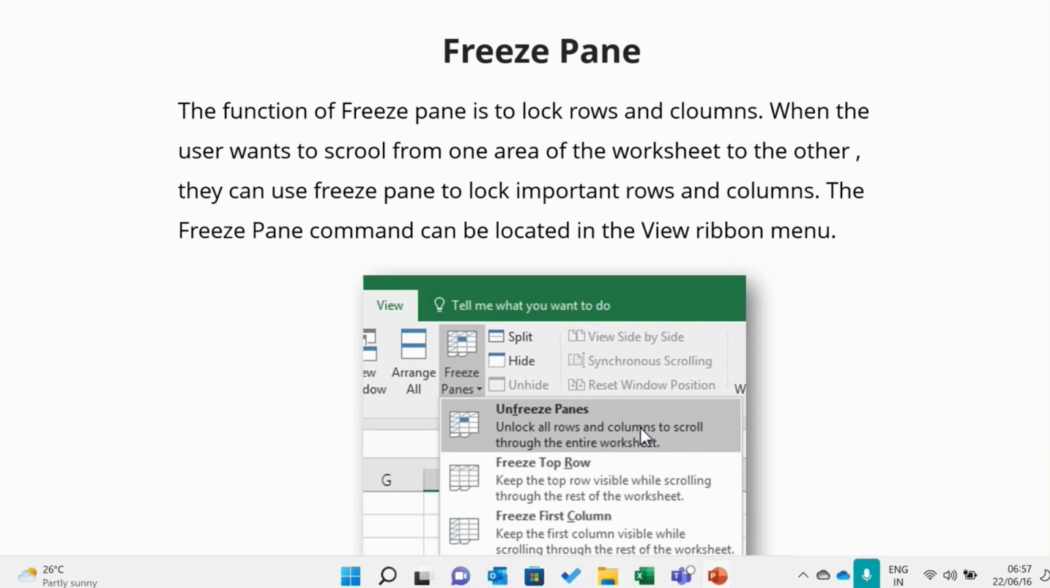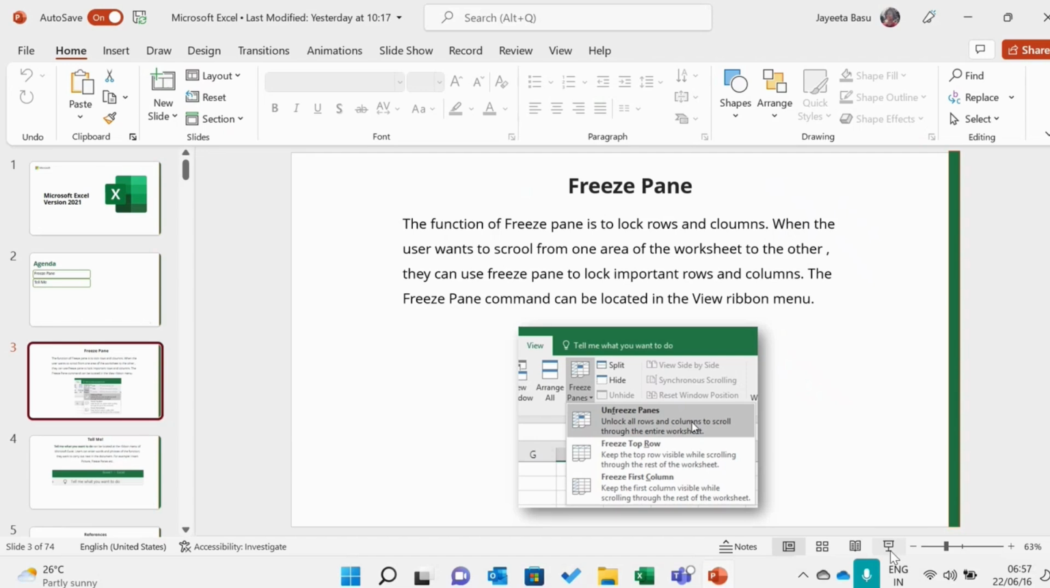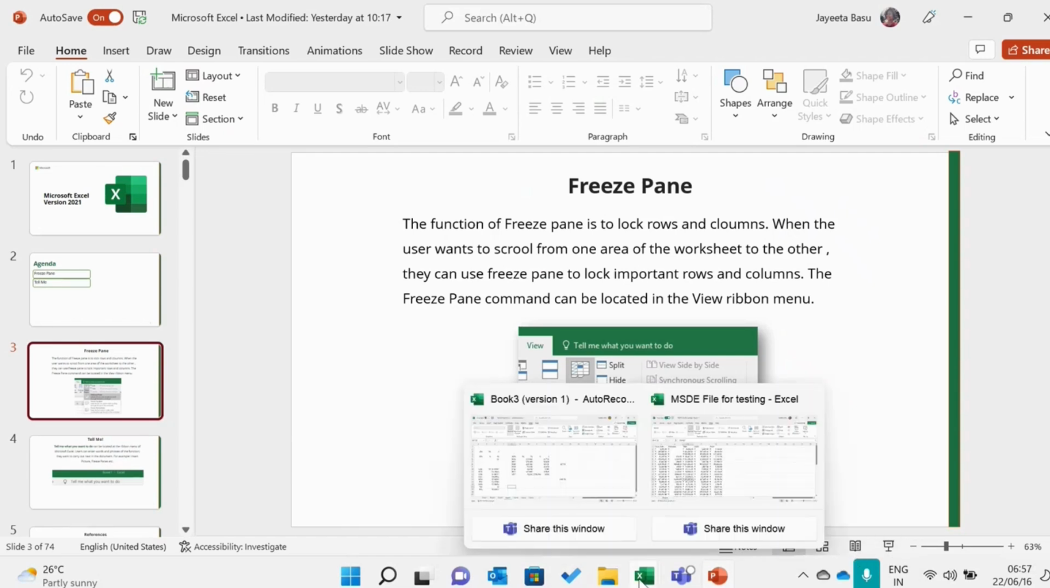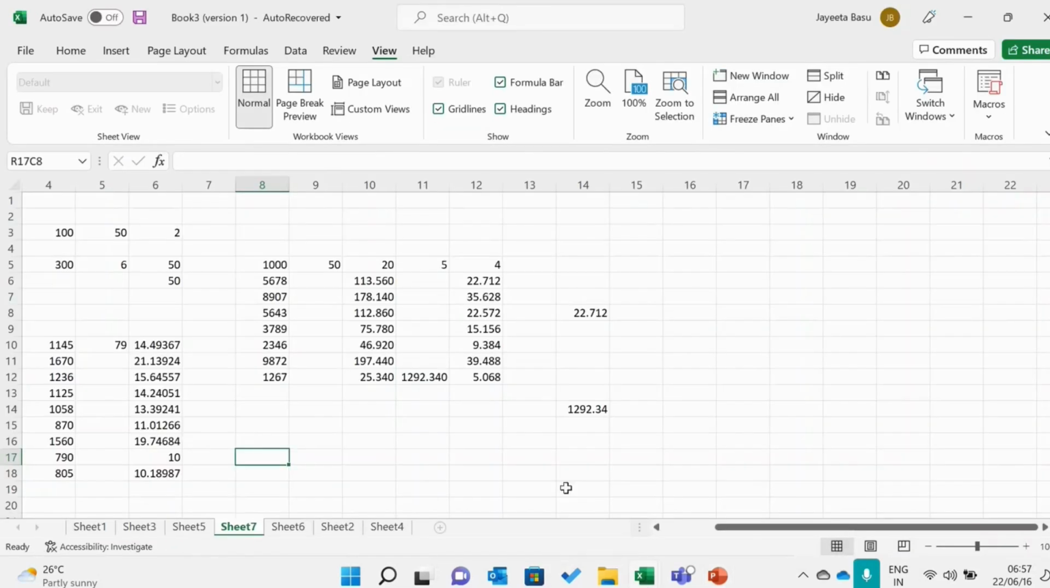As I was saying, the freeze pane is very important. You can locate it in the view ribbon menu and you can use it to freeze the important rows and columns. So let's see how to use freeze pane. We'll go back and we'll go to the document that we are working on. So let me open a new sheet